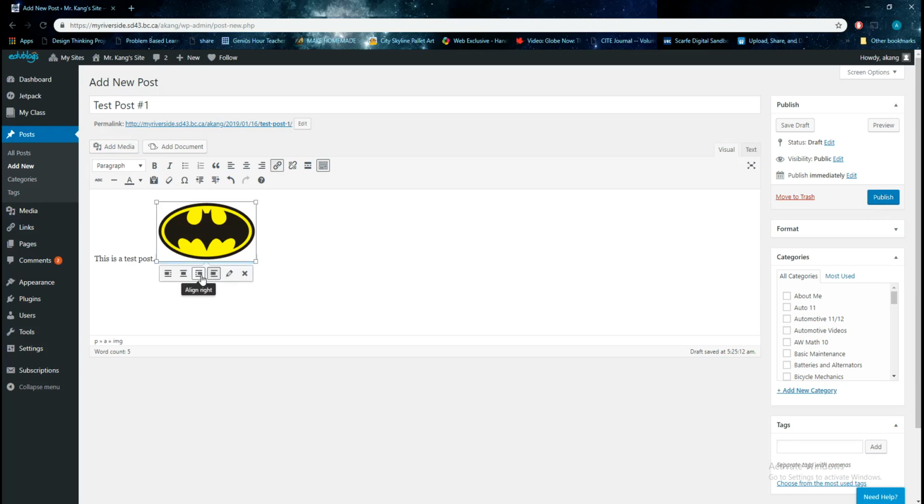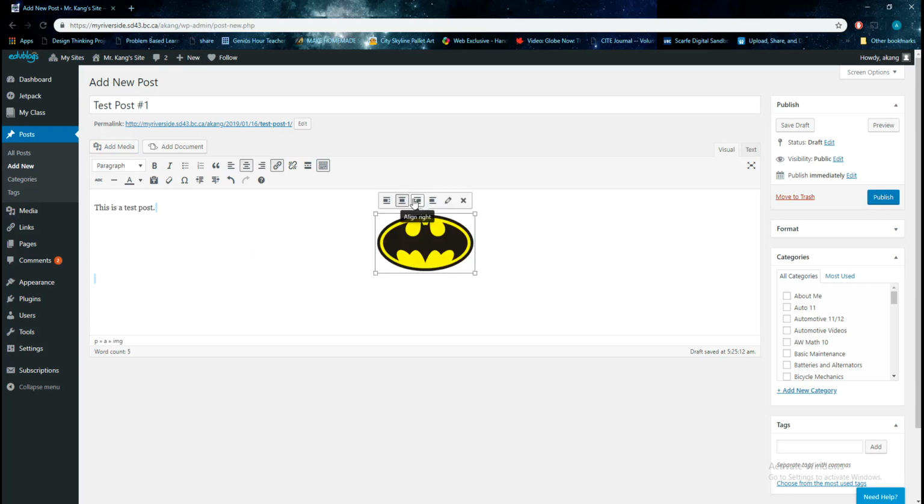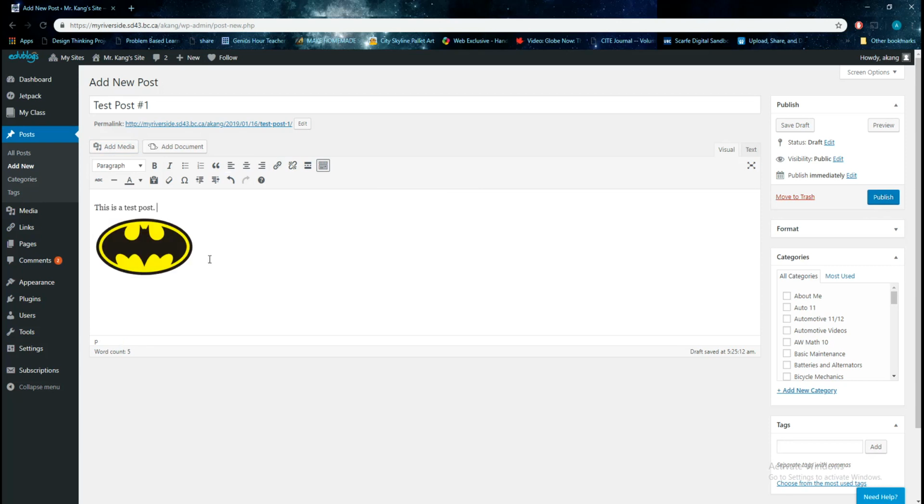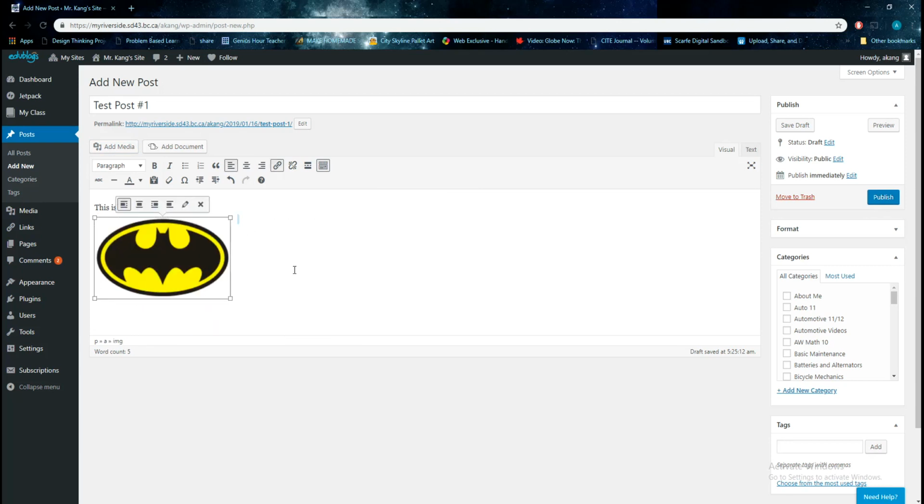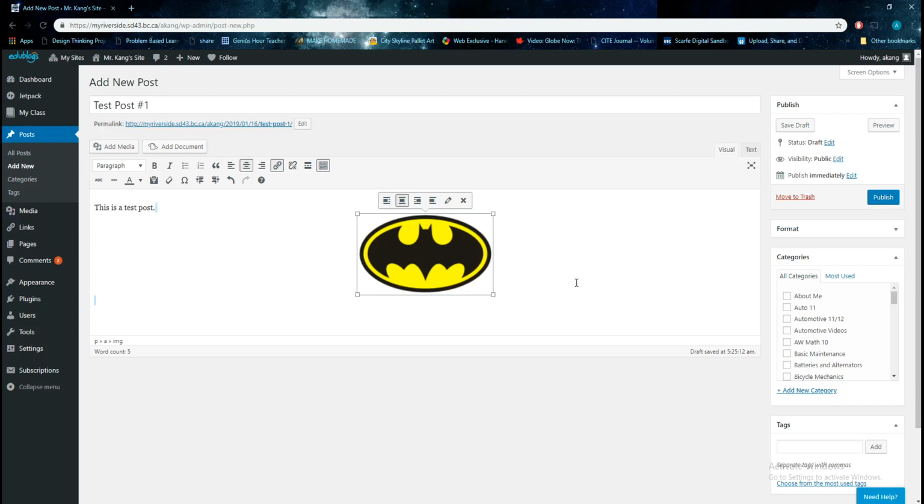Now there's a variety of options I can do. I can align it to the center, I can align it to the left, I can change the scale of it. I'm going to just align it to the center, and this is my test post. It can be ready for publishing, but there are two important steps that you need to follow before you publish your post. Firstly, you have to make sure that you post it to the correct category. So on the right hand side you will see all of the categories that you can post to. We want to post this to our new class,